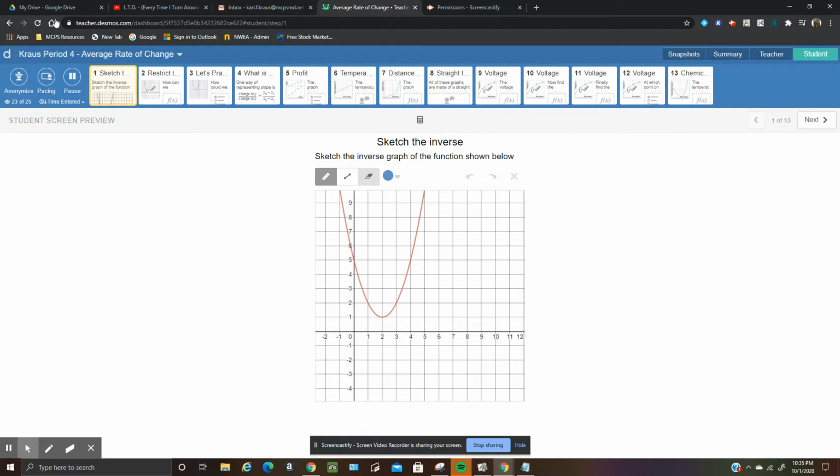Alright, this is a video on average rate of change. So if I look at this first slide here, it says sketch the inverse graph of the function shown below. So let me write in red here what the points are. Let me get these points, the ones that I'll